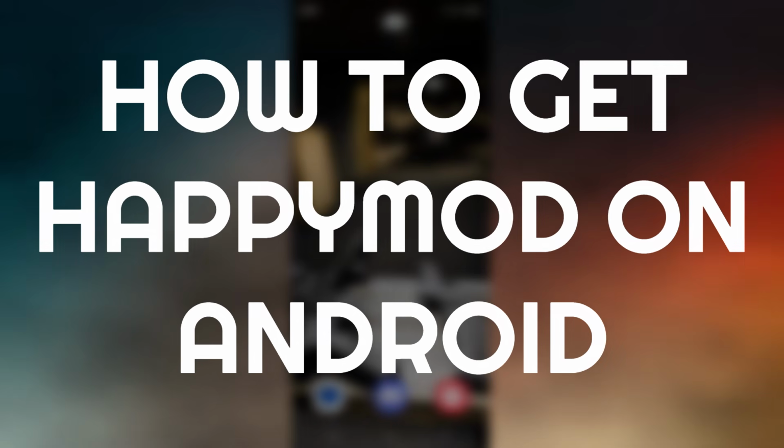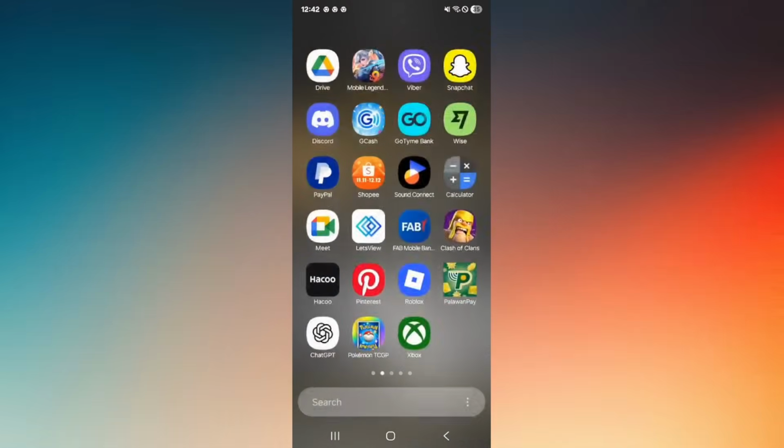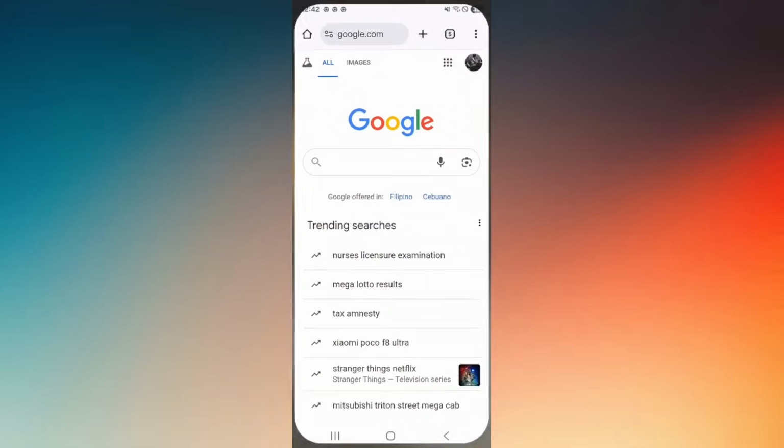How to get Happymod on Android. Now, this process or method is very easy. It's just a few clicks or few taps away, and you're done. So the very main thing that you want to do is to open up your preferred web browser, and then